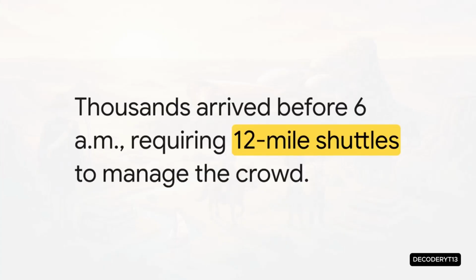Now imagine trying to squeeze thousands upon thousands of attendees into the tiny town of Medora. Security was incredibly tight, with magnetometers set up blocks and blocks away. Since there's literally only one road in and out of town, you can imagine the traffic jam spreading like wildfire before 6 a.m. local time. Organizers actually had to set up parking 12 miles away and use dozens of yellow school buses just to shuttle